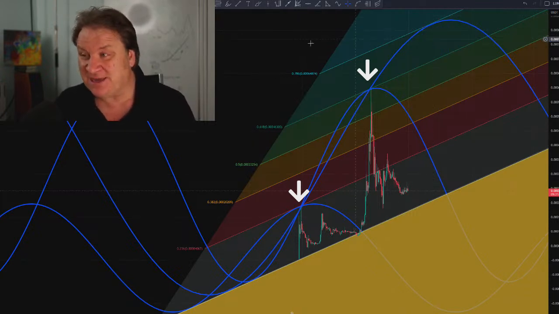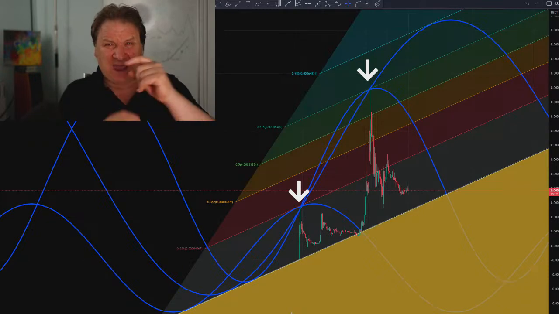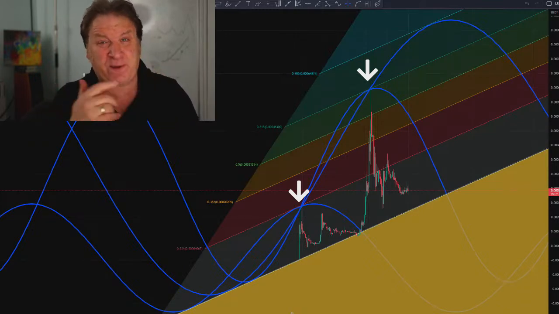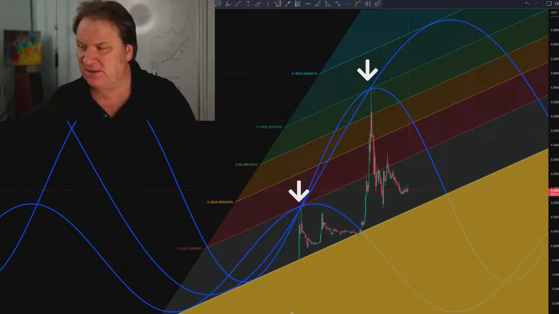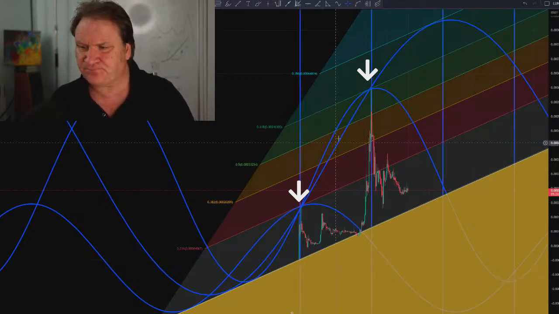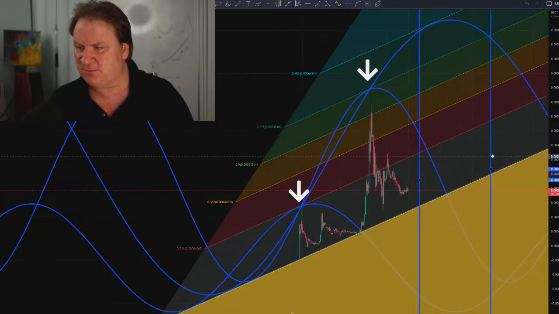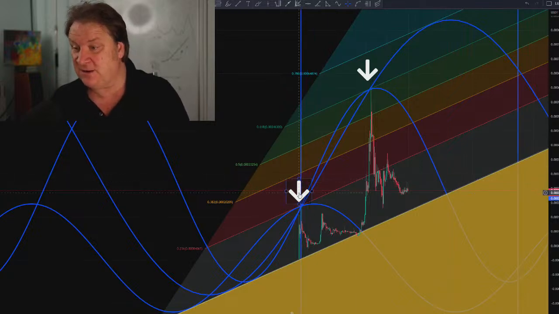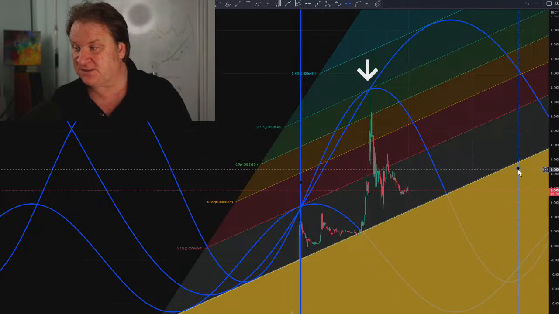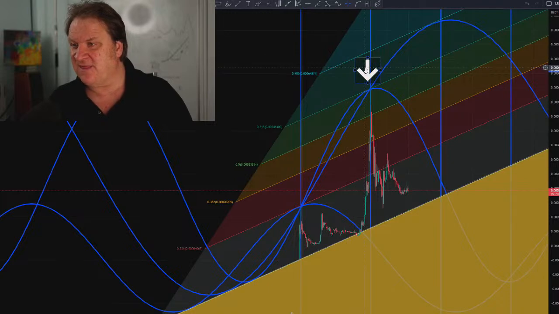So the icing on the cake now is I bring in a tool called cyclic lines, and basically everything in trading is cyclical. It repeats itself every so often, and so what we do, we bring these cyclical lines in. Here they are, right? So we put the first line, so let me just move that back. We put the first line on the top of the first crest there, in line vertically with the first crest. I then bring the second line in with the top of the second crest, and that gives us, look at that, hey presto,